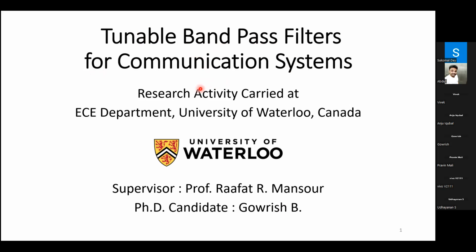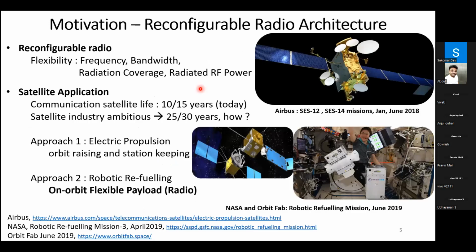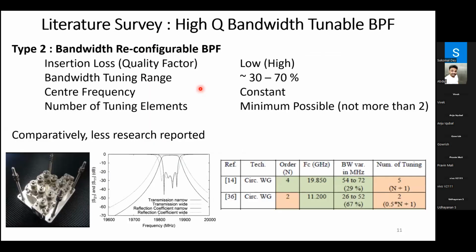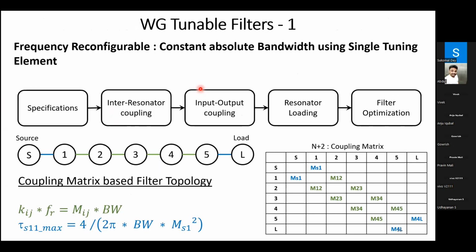It will be decided or automatically it will be generated while designing? No, that comes from the specifications. So suppose you have a specification. Let me just open that slide. Depending on the specifications, the specification will give you some return loss requirement, rejection requirement, right? And the bandwidth requirement. From the rejection criteria, you will get to know the order of the filter. And from the rejection criteria, you will also be able to put the transmission zero locations of the filter.